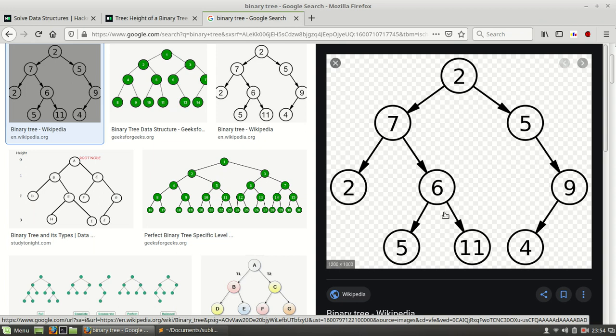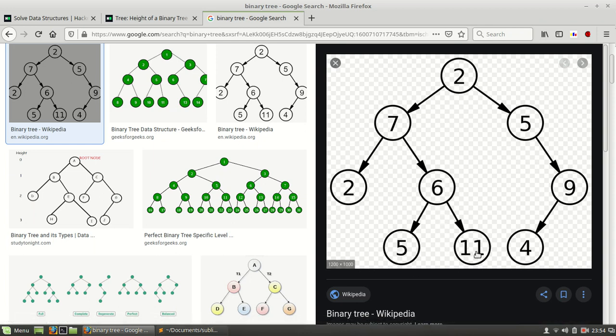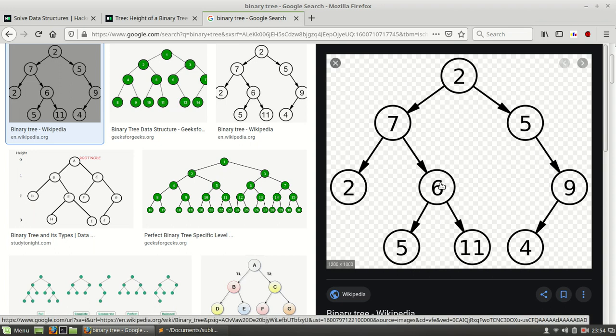Okay, so let's come back to the height part. The heights of these two nodes are 0 and 0, so the maximum will of course be 0. The formula is the maximum of the left and right node heights, which is 0, plus 1. So the height of this node is equal to 1.